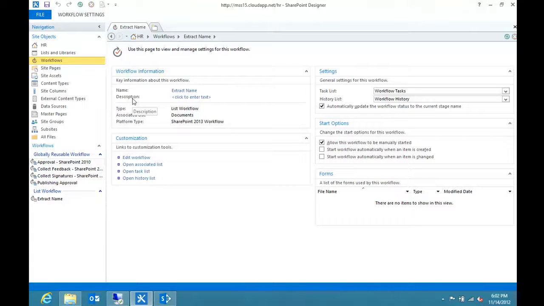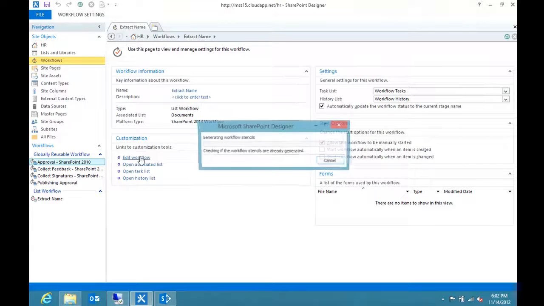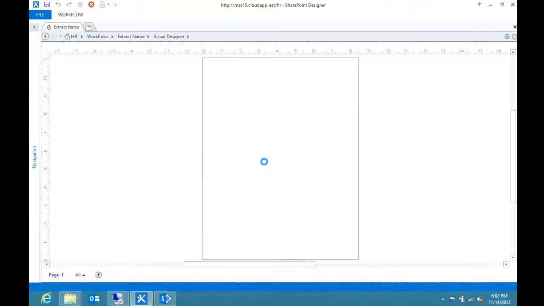workflow did is it took that employee name that we were doing, like when Hal put in there, that Helen Parr, and it just took the first name and put it in the first name field, parsed it out, put the last name in the last name field. Pretty simple workflow, but it was fun to mess around with. So I'm just going to hit Edit here, and when I hit Edit, here you go, it popped right in,